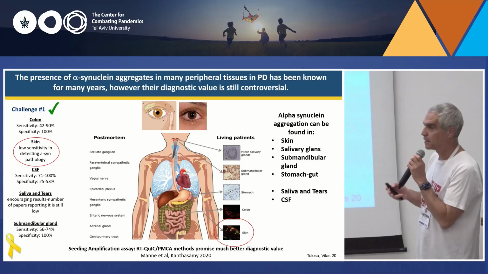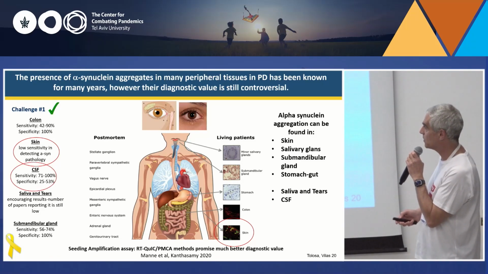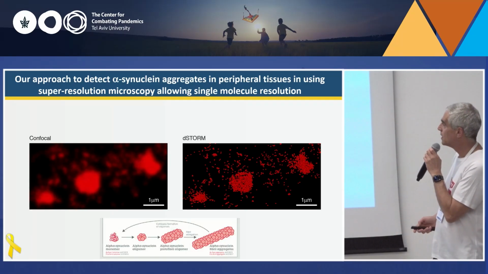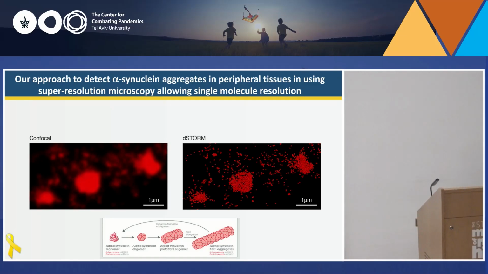So how do we detect the changes from single to tetrameric form of alpha-synuclein? For that, we are using a technique which is called super-resolution microscopy. For that, we try to lower a bit more the...